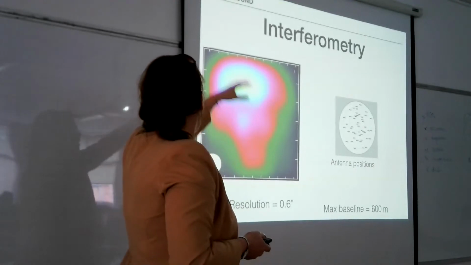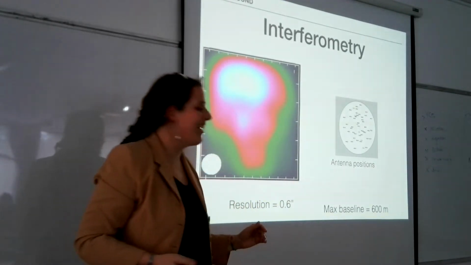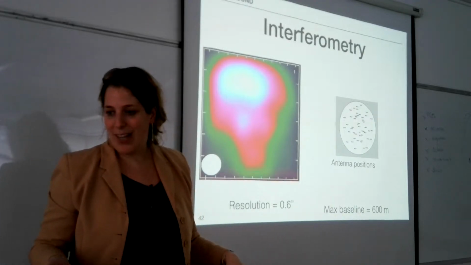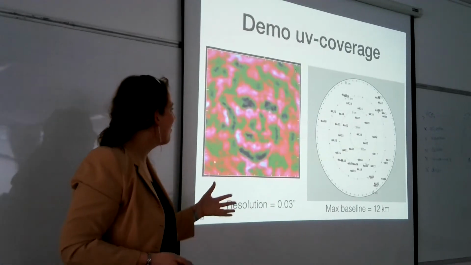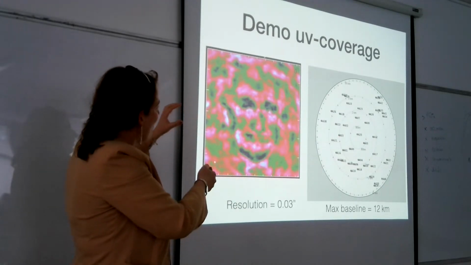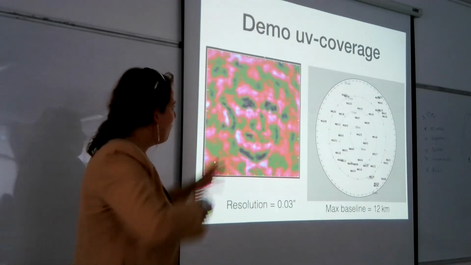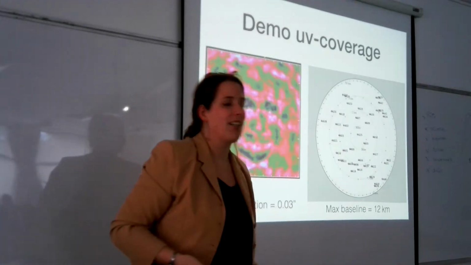Now we just see that it's sort of circular. It's like a head. You don't really recognize him anymore. And now we go to a very extended configuration, where again, what we see are the small scale variations. We just see the lines, we see the eyes maybe, and the chin here, but we're missing that large scale